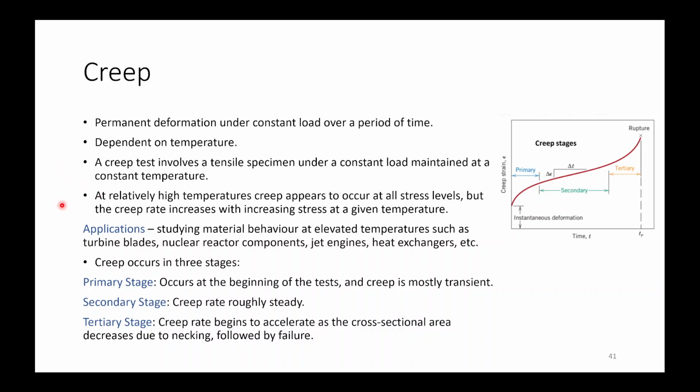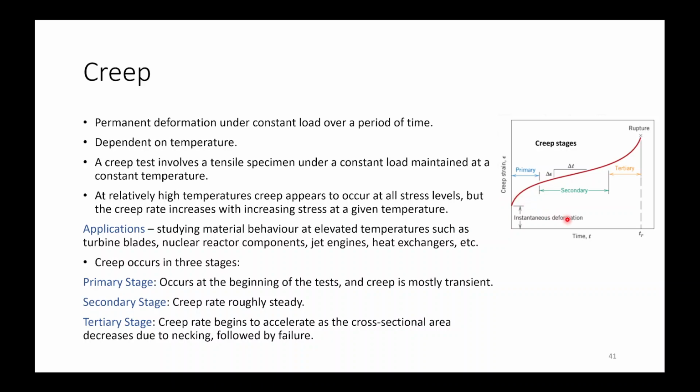high temperatures creep appears to occur at all stress levels, but the creep rate increases with increasing stress at a given temperature. The applications are in studying material behavior at elevated temperatures, such as turbine plates, nuclear reactor components, jet engines, heat exchangers, etc. And this creep, as we see in this graph, we can see that it occurs in